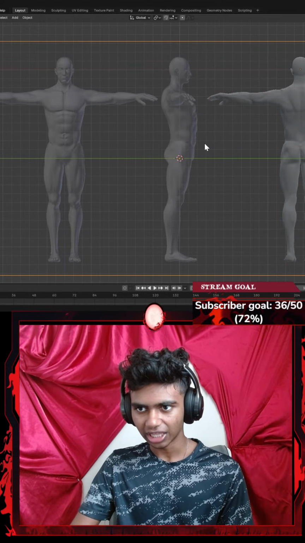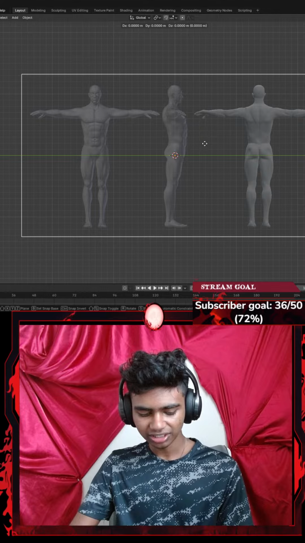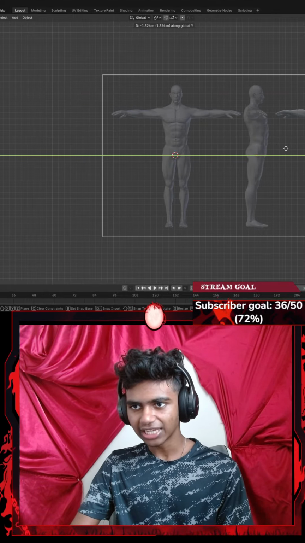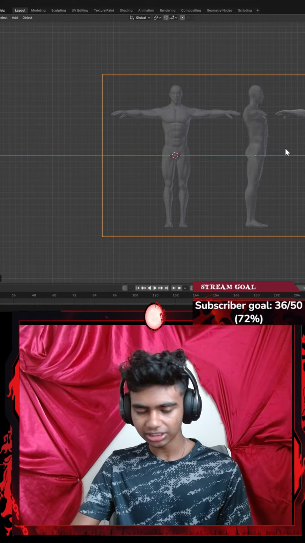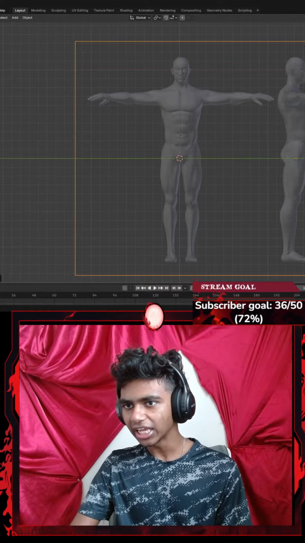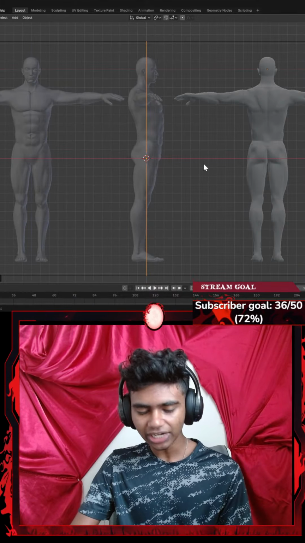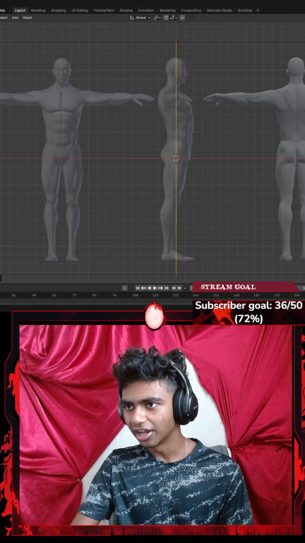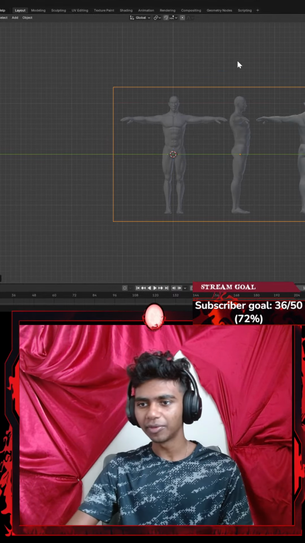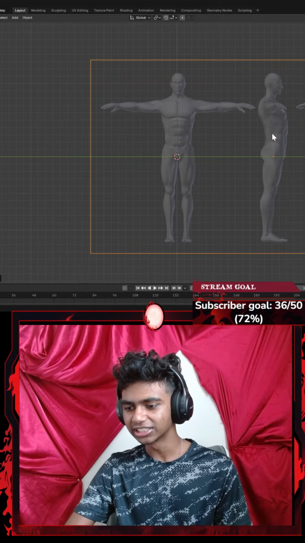Let's go with G, then G Y. There. Guys, this is just about aligning this part. There we go. Let's extend this up here real quick. So on the negative y-axis, I can see my side view, and on the negative x-axis, I can see my front view. I won't be working on the back view for the time being. I'm just going to work on the front and side.